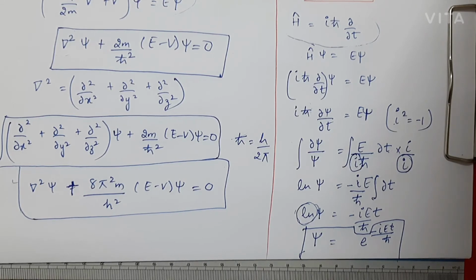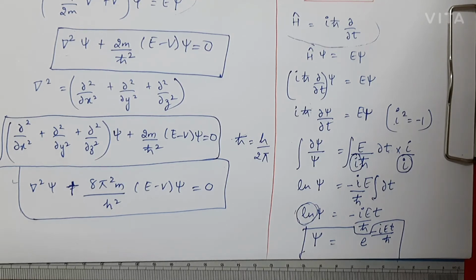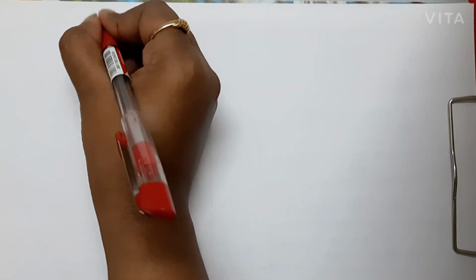So now there are certain applications of Schrodinger wave equation as well, so that we will discuss now shortly. That will take up only 1 to 2 minutes. Now we are going to only discuss what are the applications, and then we will go on to each of these applications and elaborate each of them. So right now we are just going to discuss what are the applications of it, okay? So the next topic is applications